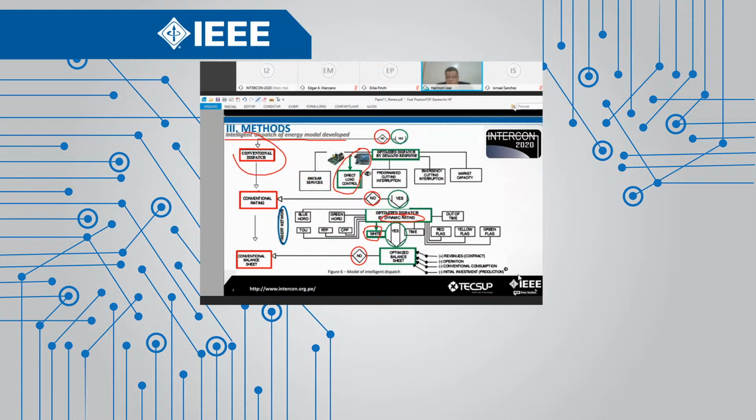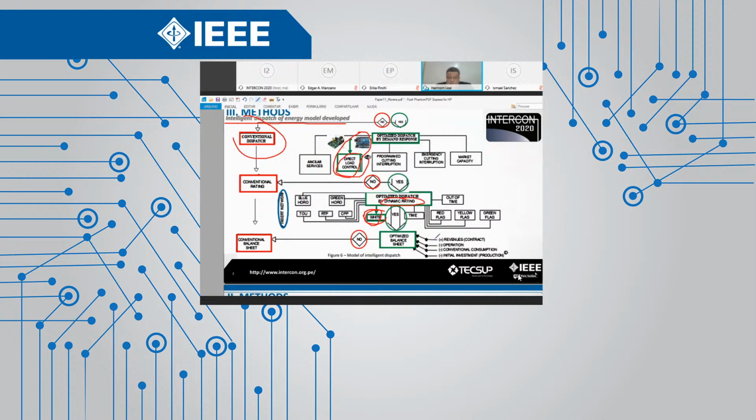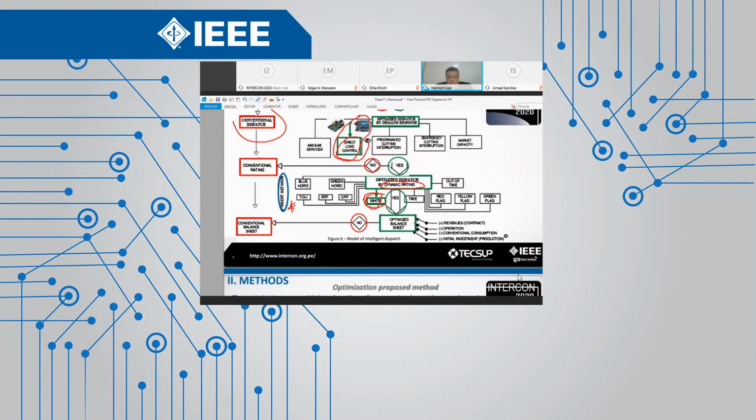We can dispatch this energy by direct load control and white tariff, right? And the next step is to simulate the grid to see if we have a good performance regarding voltages and currents that flow through the grid. Okay, and finally,